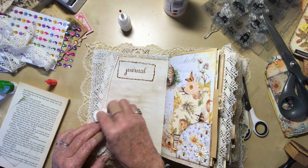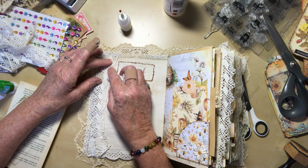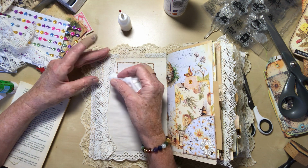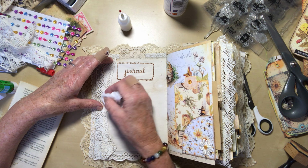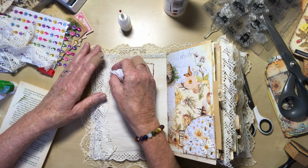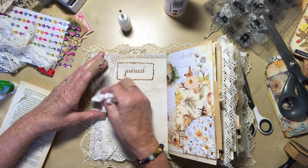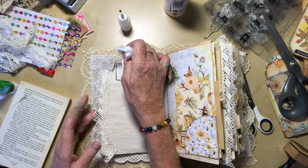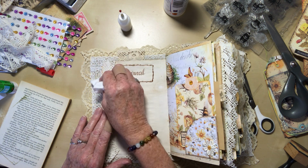Outside my she shed it's decked, and there's a tree that I say we, that's a royal we, because I had nothing to do with it. My partner put decking round it, and when he put the decking there I had this big fir tree, about 3-4 foot in front of my she shed, so he built the decking round it so I could keep the tree there, which is absolutely gorgeous. I go and sit there, and then I've got a framework, and in the far corner from me I've got a wisteria